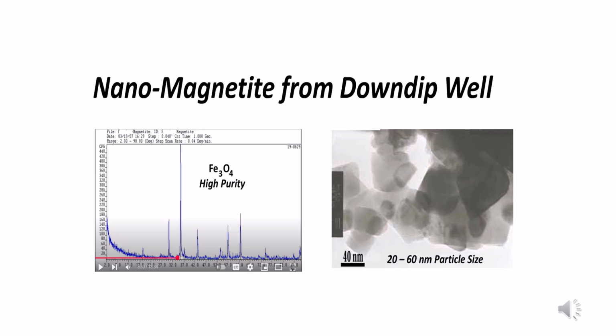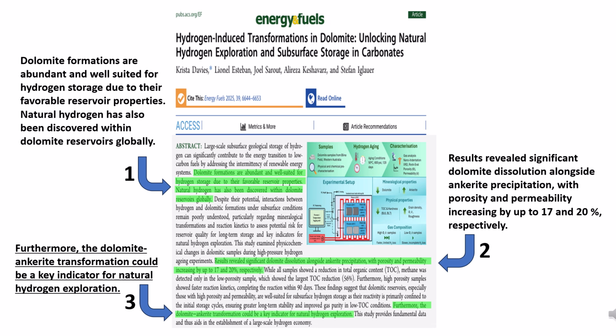The nanomagnetite that was in the salty brine was analyzed using X-ray diffraction to determine its purity and scanning electron photograph to determine the size of the nanomagnetite crystals. The examination concluded the nanomagnetite was very pure and the crystals were indeed nano-sized, ranging in size from 20 to 60 nanometers. Normally, dolomites are considered a low porosity and low permeability lithology. When we swabbed the down-dip well, I was